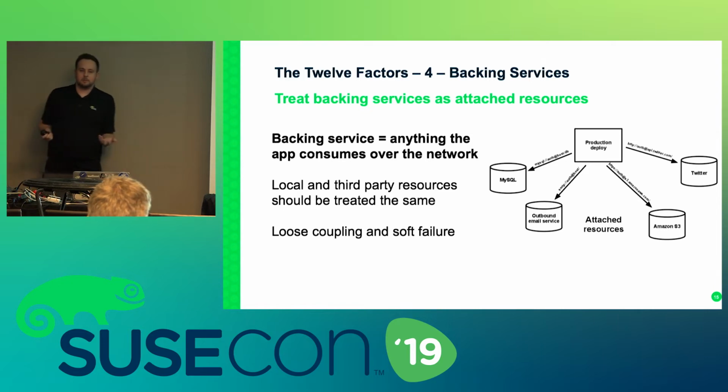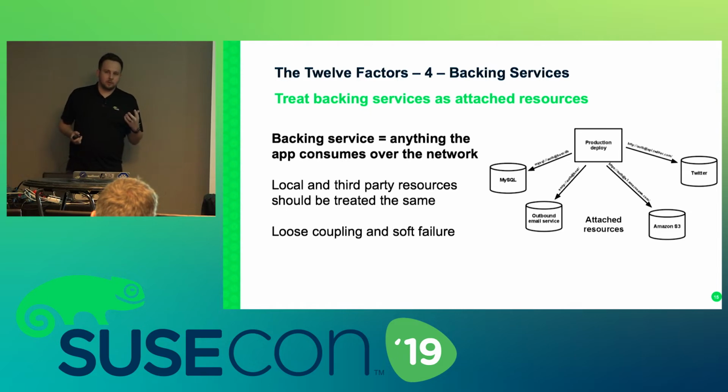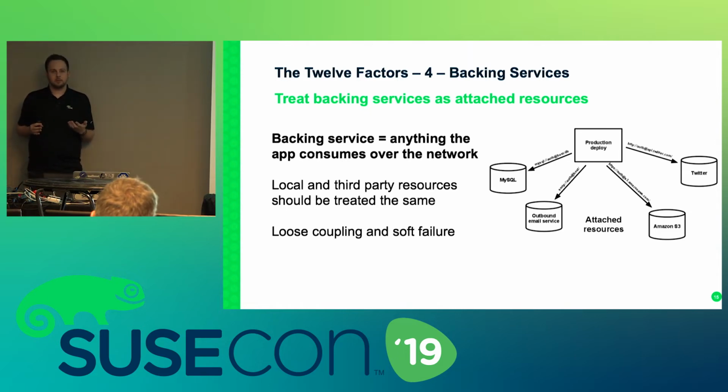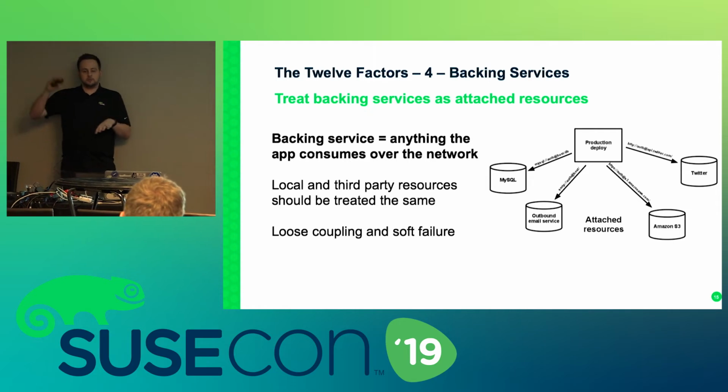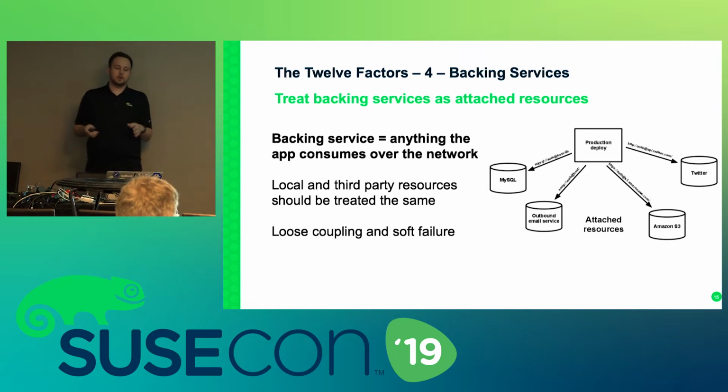But it is important that if that database isn't there, the application doesn't just error out completely and crash. It has to keep retrying to connect, a soft failure. And this is really important in microservices because different services may disappear at any time. In cloud native, a cloud VM may be shut down at any time by the cloud hoster. So by running multiple instances of your individual service and having loose coupling to the services that they depend on, they will simply keep retrying until whatever they depend on is back up again.